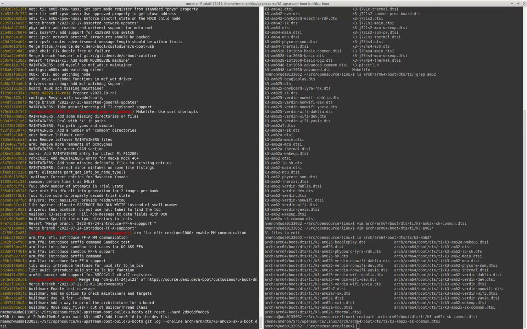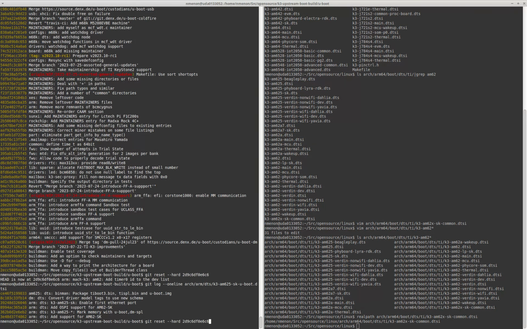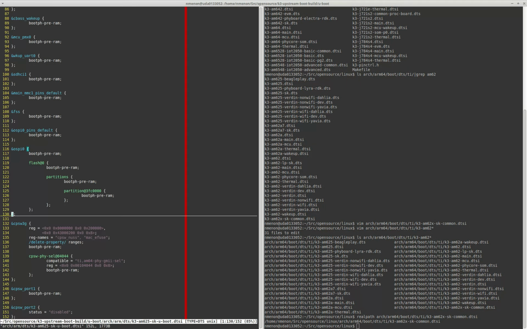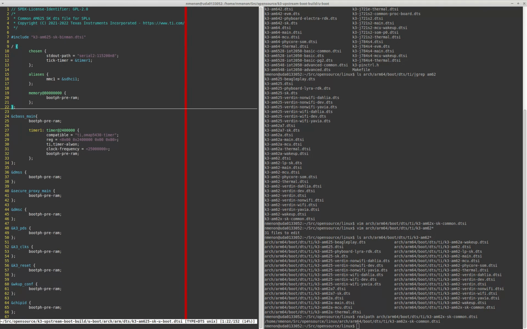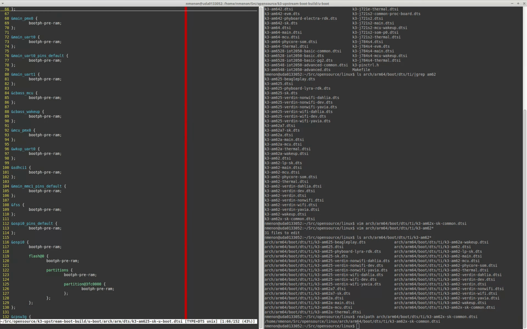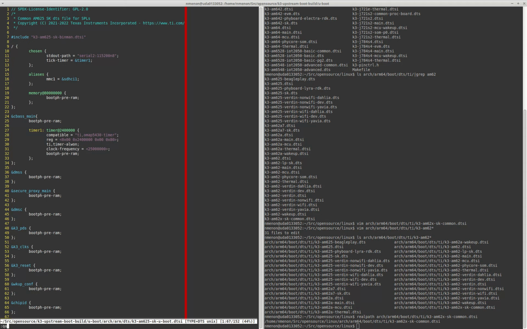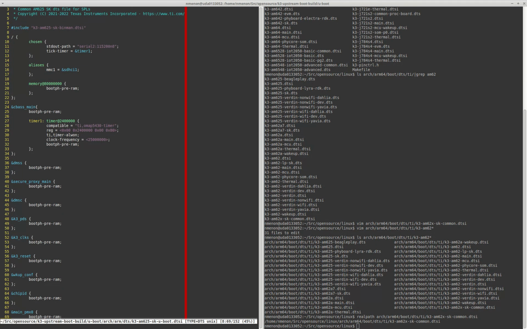Now let's look at the same file. This is how it used to look before. Okay, it was defining the timers. It was defining all the nodes. Now this is one of the better files. There are much worse files out there, but let's look at a good file. You'll see that there's a lot of duplication that happened. Like the timer, for example, we managed to get timer support in upstream kernel, but U-boot did not have it